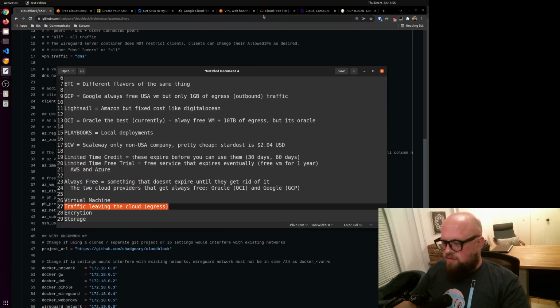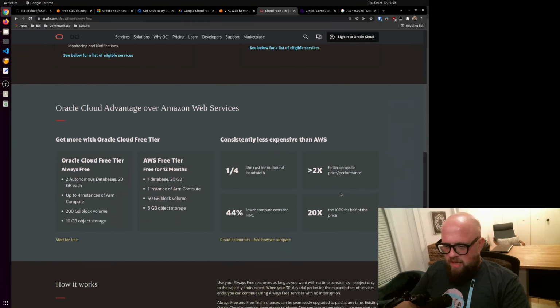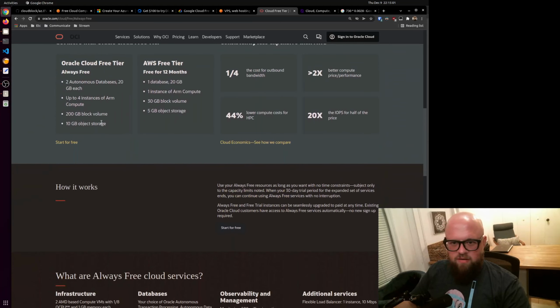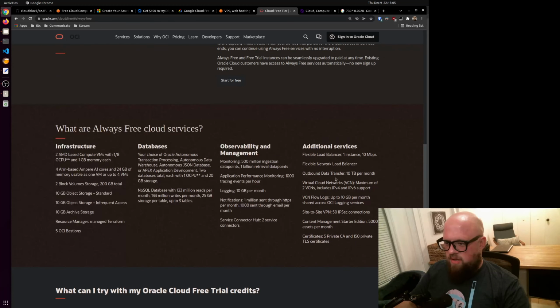For a quick comparison, again, Oracle is top king. Ten terabytes of outbound data transfers. Really nice.